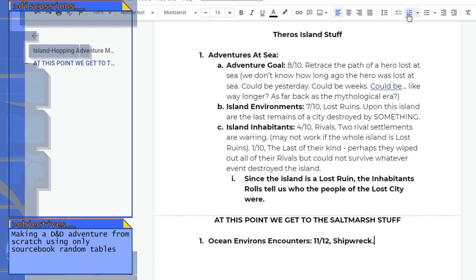Shipwreck. Oops. 11 and more. 9. Shipwreck and. Doing that wrong. I was counting backwards. But I'm gonna keep Shipwreck because that sounds awesome. And we get to go further into each one of these. So Shipwreck and